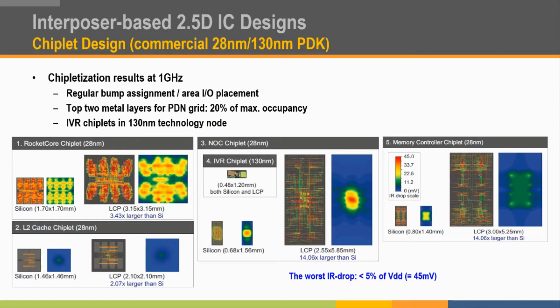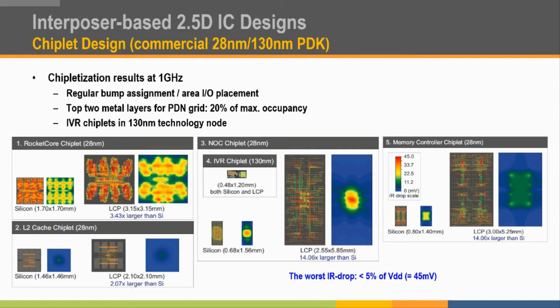In chiplet design, we choose a regular bump assignment, which is placing signal bumps in the center and power bumps at the periphery to ease the IP reuse. Moreover, to minimize the wire lengths of chiplet-to-chiplet connections, we adopted area I/O placement to let I/O drivers be placed near their micro bumps. All chiplets are targeting the operating frequency of 1 GHz. Logic chiplets are designed with commercial 28nm technology, and the IVR chiplet is designed with 130nm technology to take advantage of